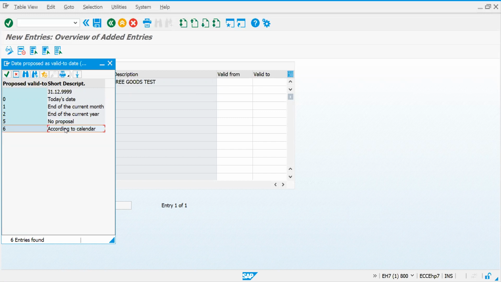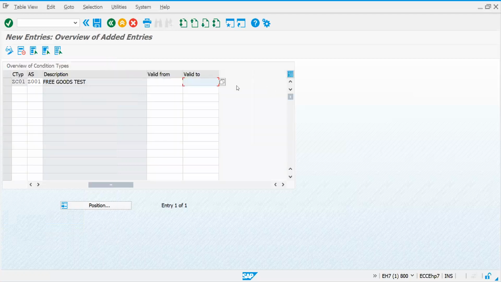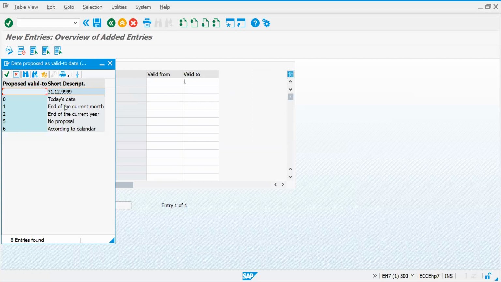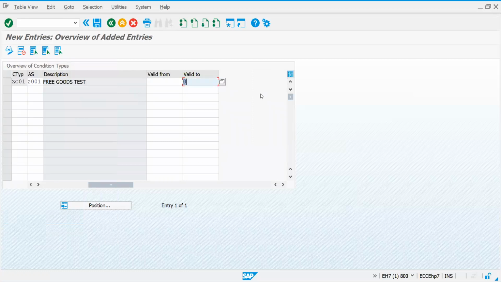Sometimes it is based on your calendar. Like that you can define. What should I do? I'll just put it for free goods for today. So valid to, let me put today's date. Okay. So this is how you can control.